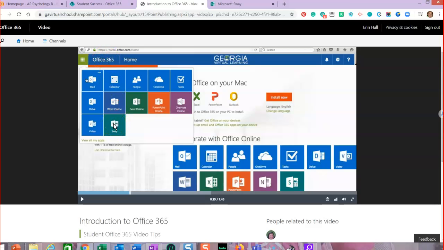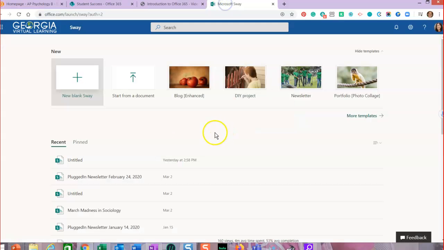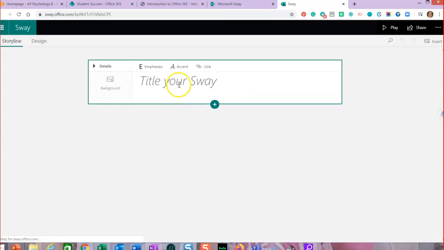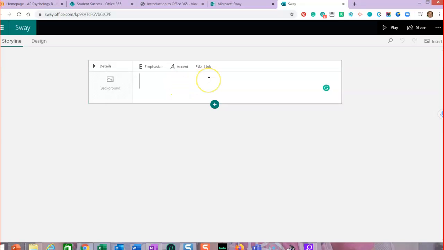And so I went ahead and pulled up my Microsoft Sway. When you get into it, it's going to look like this. You can see you're in Georgia Virtual Learning, Sway. So you can click New Blank Sway. And then you're going to start by titling your Sway, Multimedia